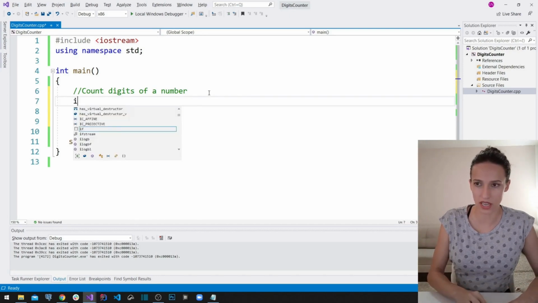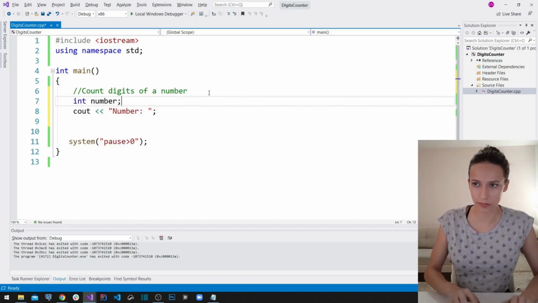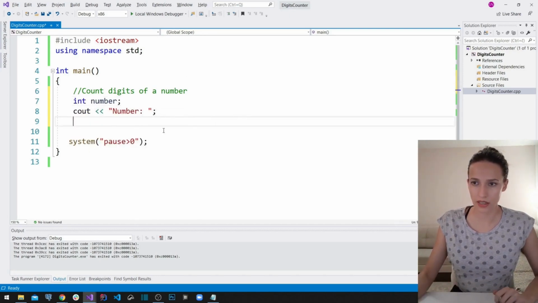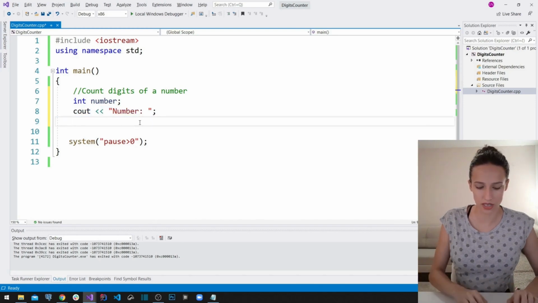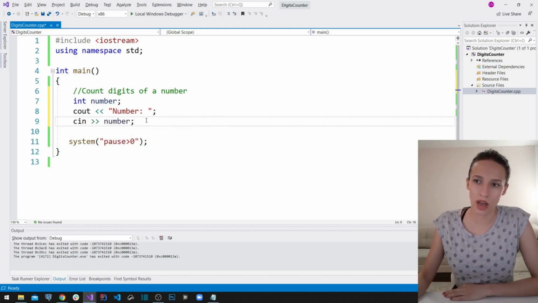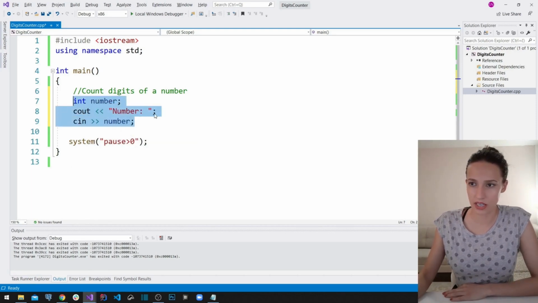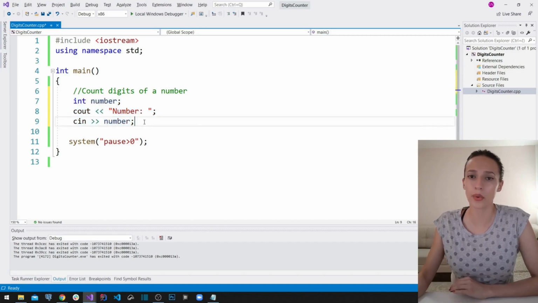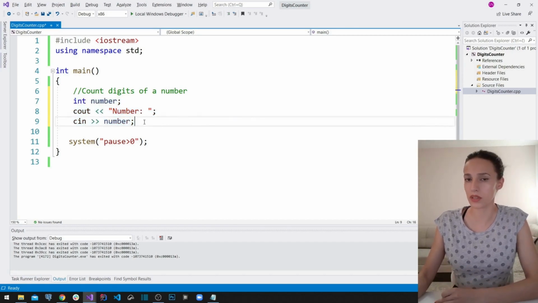So here I'm going to say int number like this, and then here, after we have written out this message to our user, we are going to say cin number like this. So after our user has entered his number, we really have stored it in our number variable, and now we are going to write out the program that is going to count the number of digits of